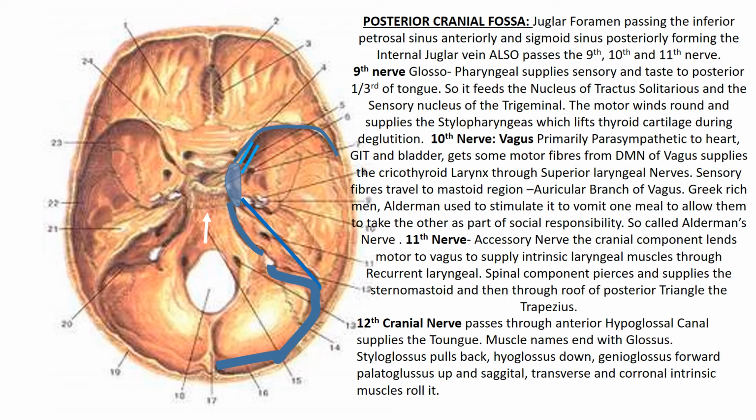The 11th nerve, accessory nerve, has a cranial and a spinal component. The cranial component draws its motor fibers from the dorsal motor nucleus of vagus and nucleus ambiguus, and it supplies the intrinsic laryngeal muscles through the recurrent laryngeal nerve. The spinal component pierces and supplies the sternomastoid, and then through the roof of the posterior triangle, it supplies the